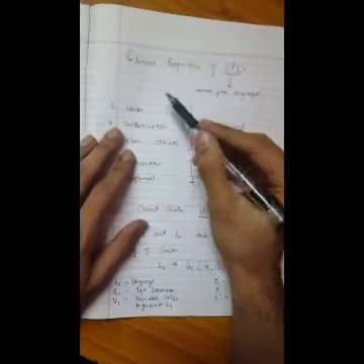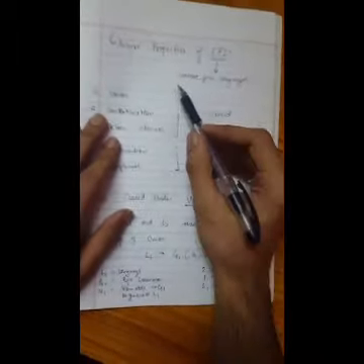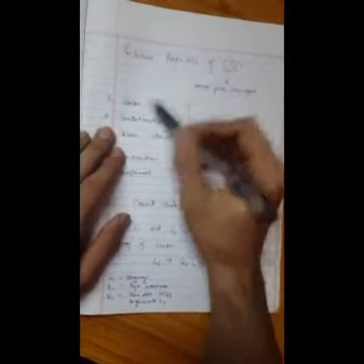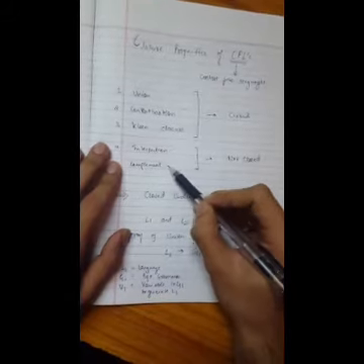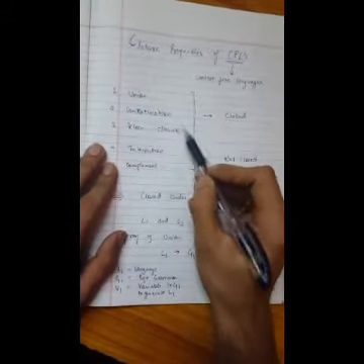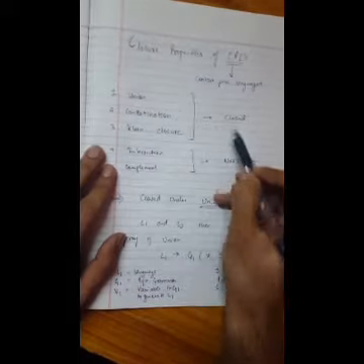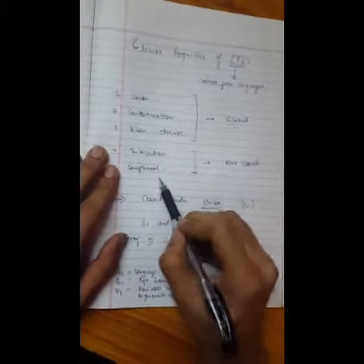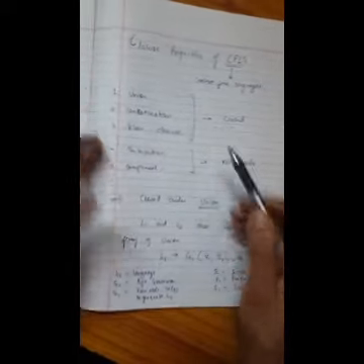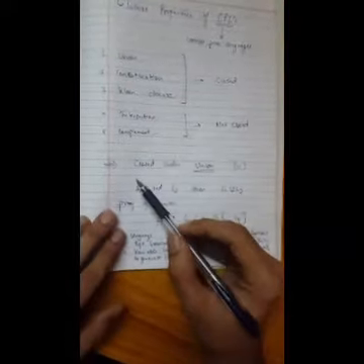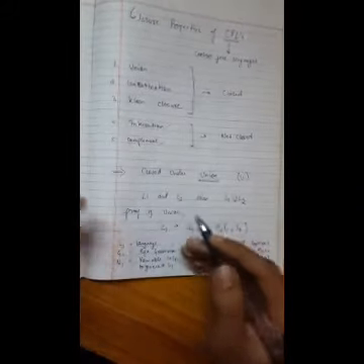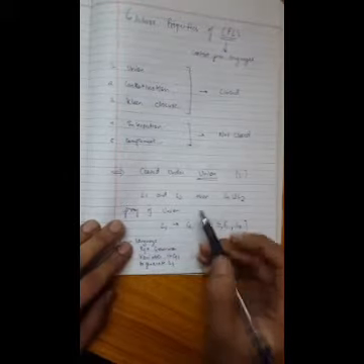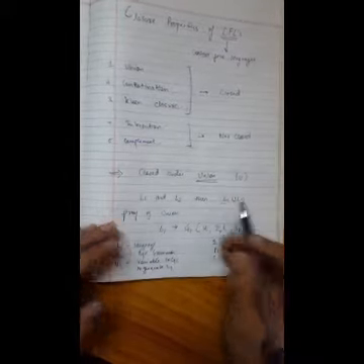Today we are going to talk about the closure properties of CFLs, the context-free languages. Closure properties have five parts: union, concatenation, Kleene closure, intersection, and complement. In union, concatenation, and Kleene closure, the CFLs are closed, whereas in intersection and complement, they are not closed. We are going to discuss each property in detail. The first part is closure under union. If L1 and L2 are two CFLs, then L1 union L2 will also be